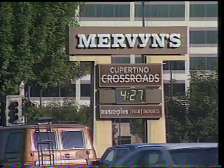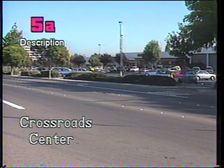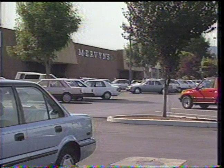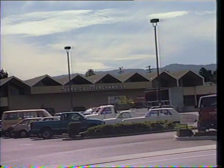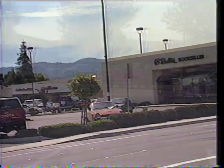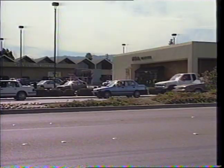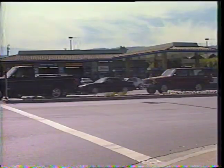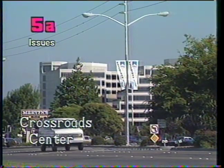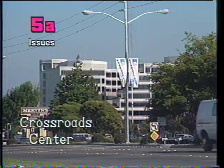The large single-story strip shopping center is under two ownerships. One ownership includes Mervyn's as the anchor, the other includes a service merchandise center. You will see that the stores are separated from the street by a large parking area, except for the bookstore and service station. The Crossroads area, including all four intersections, is a strong candidate for the heart of the city,